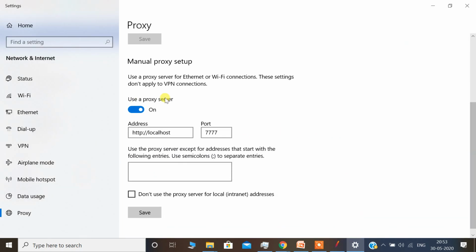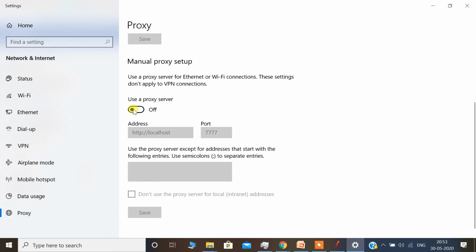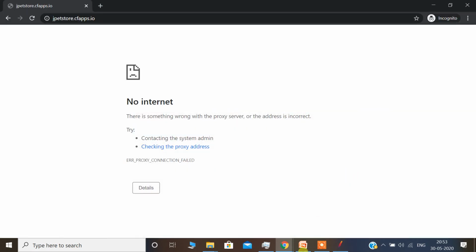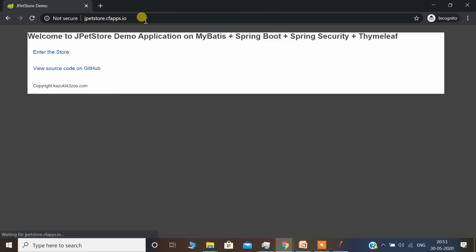Here in the manual proxy server, select it as off. Now close. Now try to open. Right now we recorded the script and we are trying to confirm if my requests are recorded properly or not.